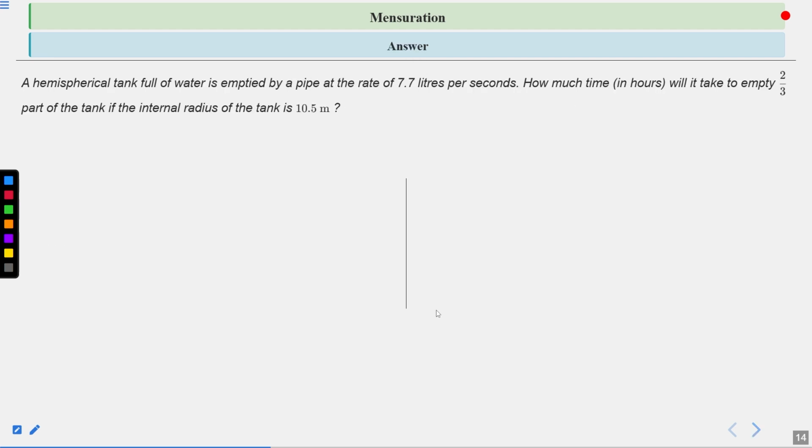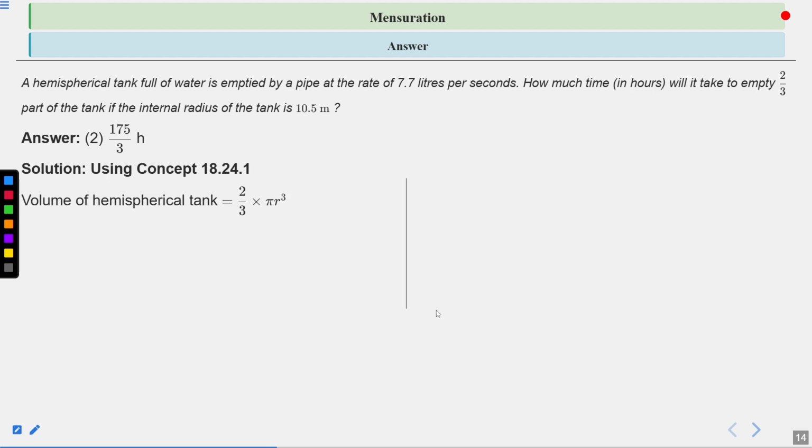The question says that a hemispherical tank full of water is emptied by a pipe at the rate of 7.7 liters per second. How much time in hours will it take to empty 2/3 part of the tank if the internal radius of the tank is 10.5 meters? So we can calculate it. The correct answer of this question is the second one, which is 175 by 3 hours. Now see the detailed solution using concept